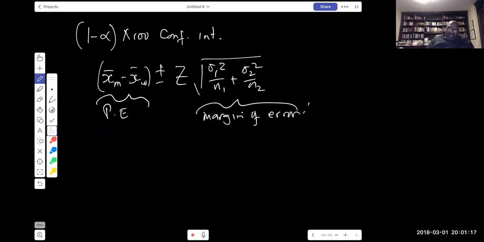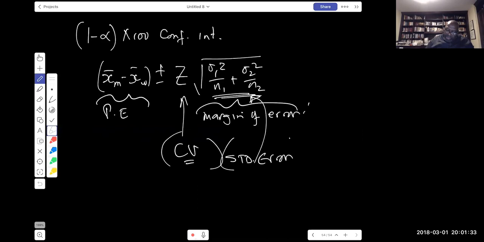So remember, the margin of error has two parts to it. This part right here, which is our critical value, and this part right here, which is our standard error. So the critical value times the standard error equals the margin of error. So for this particular question, if we wanted to calculate the standard error, then we would have to take